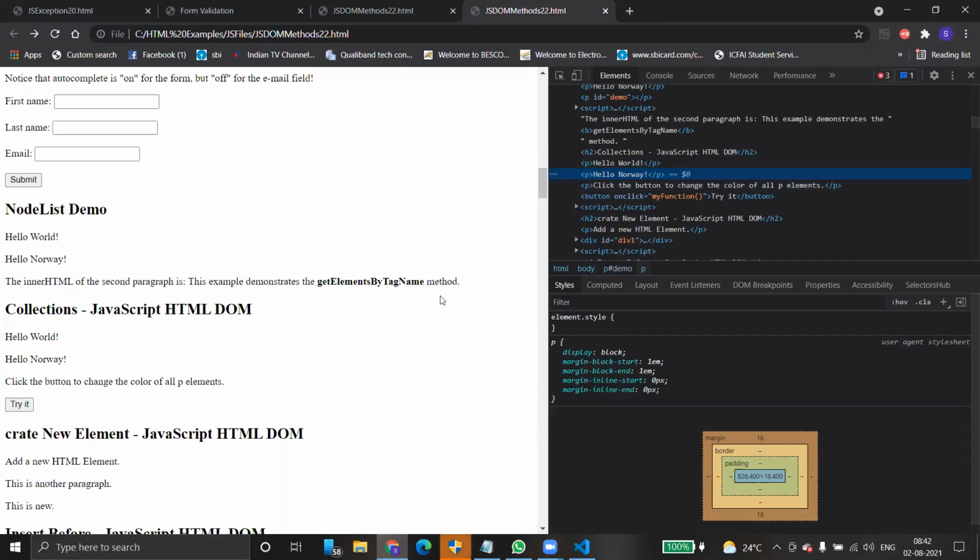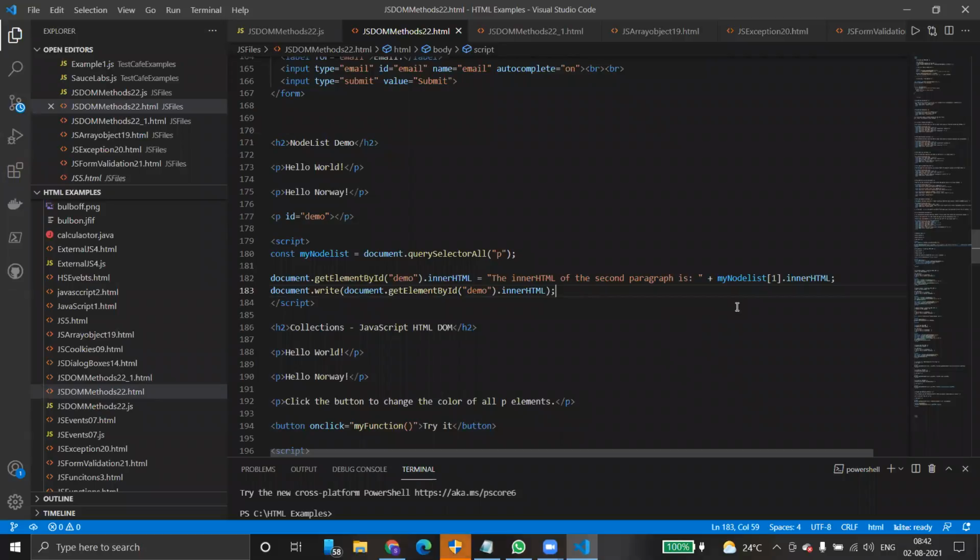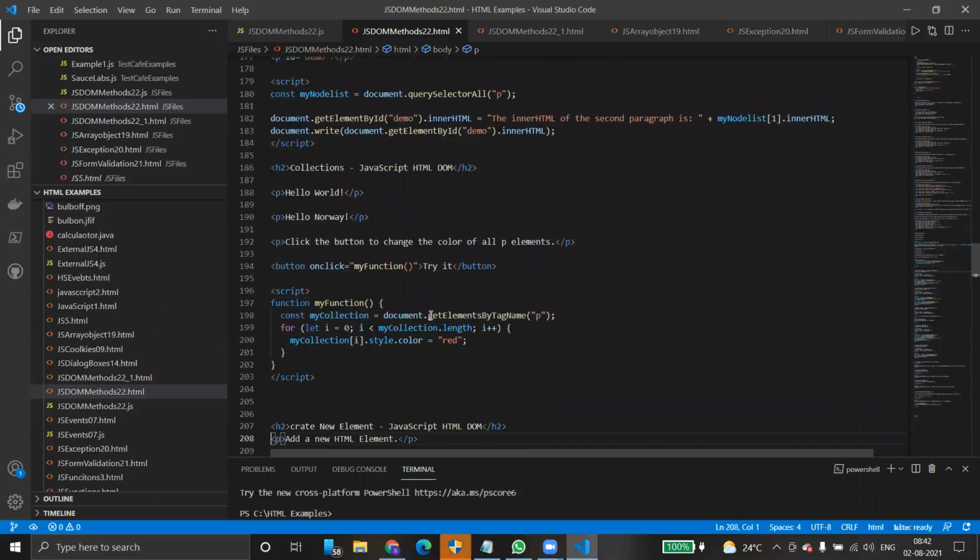Different again. Fine. But this is how we have to fetch the value of inner HTML and assign it to another node. By using ID, we are just using get element by ID of demo dot inner HTML, and assigning. Then collections also same. We can fetch a bunch of elements by using get elements by tag name, instead of get element. That means it fetches all the elements with type paragraph P, and we're passing them into a collection.